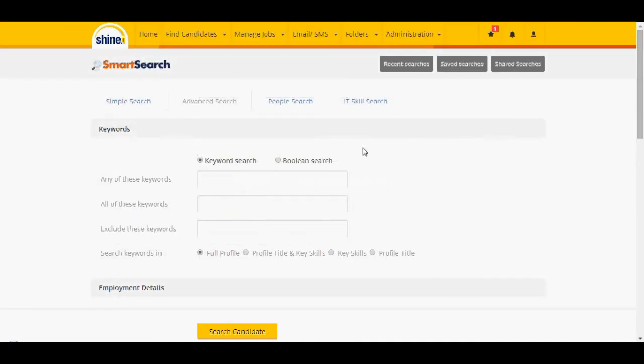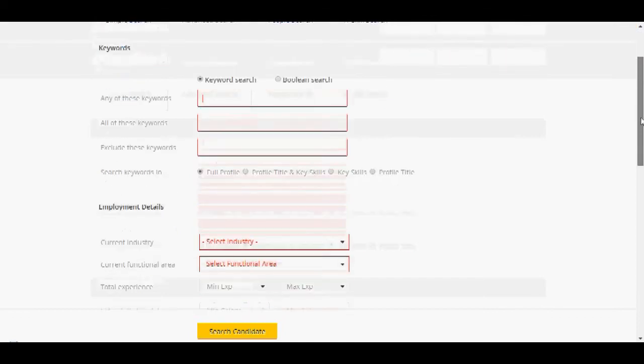So basically let me tell you which are the mandatory parameters that a recruiter needs to provide for performing an advanced search. So simply what I would do is go ahead and press this search candidate button without entering any details in any of the fields. Yeah, so you see here,